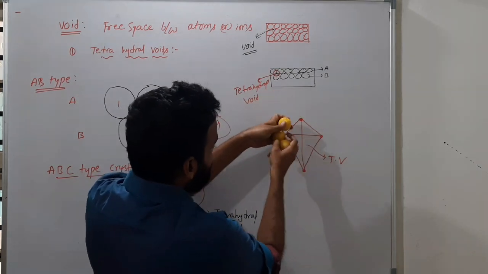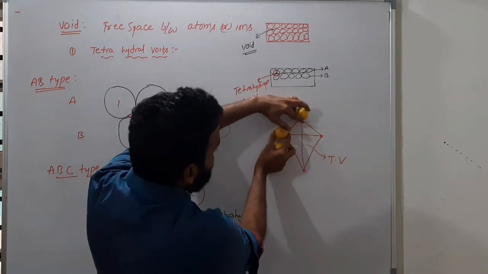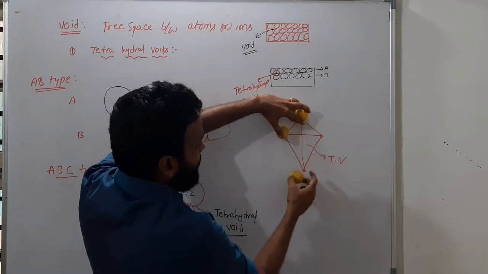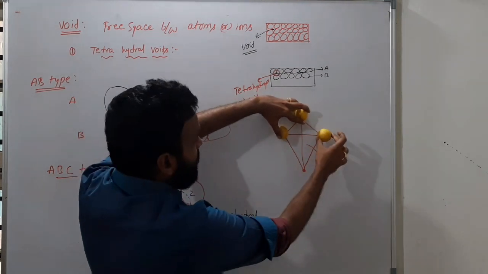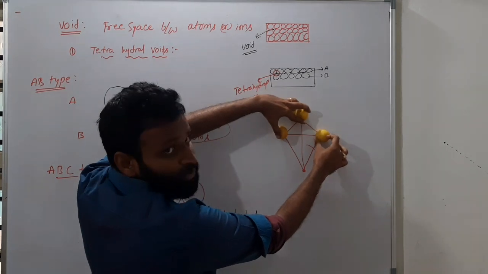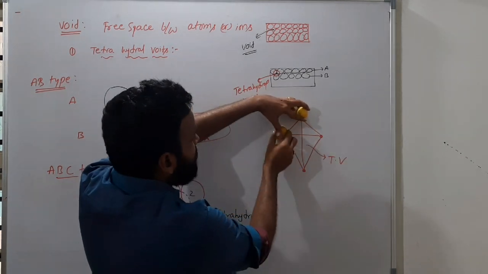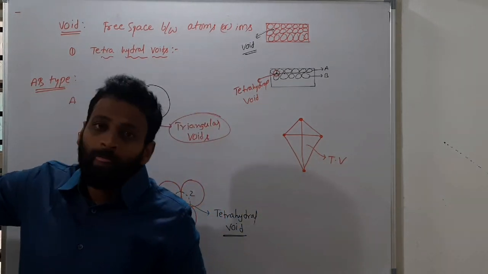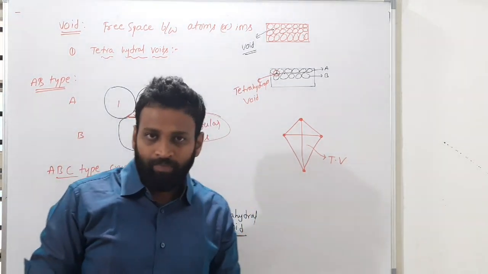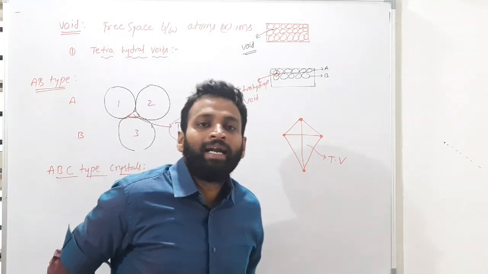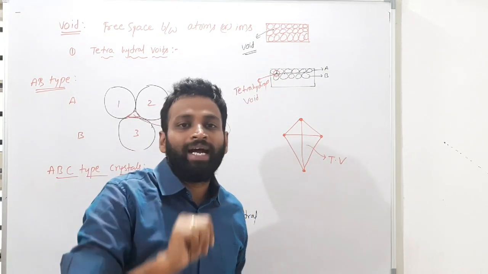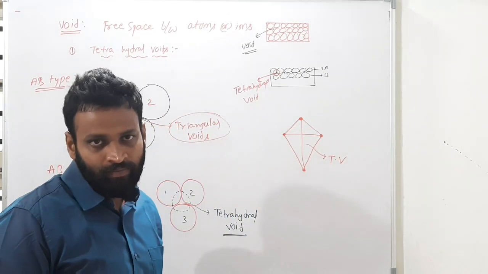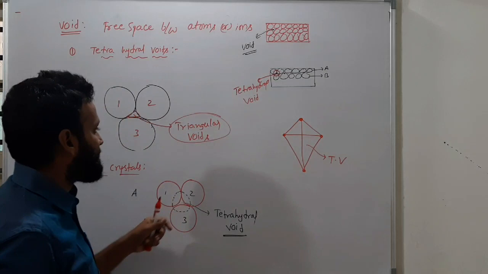So like this, three. I cannot place. Here two you have. And here I have one more. So three. And here fourth one. I have only two hands, so that's it. So here three and here one you have. So in that way, how many atoms are forming tetrahedral voids? 4 atoms are forming tetrahedral voids. Hope you understood all these things.